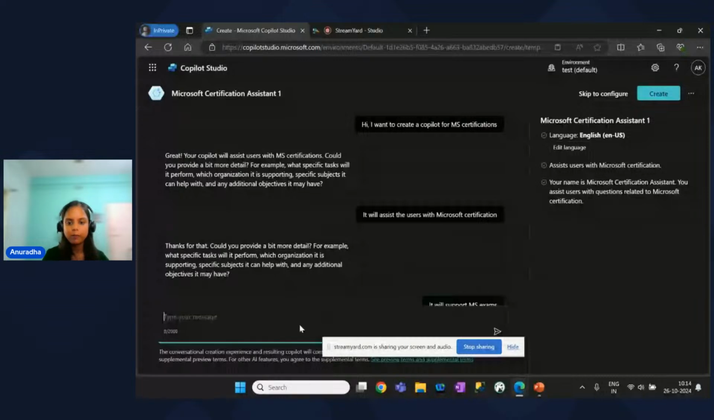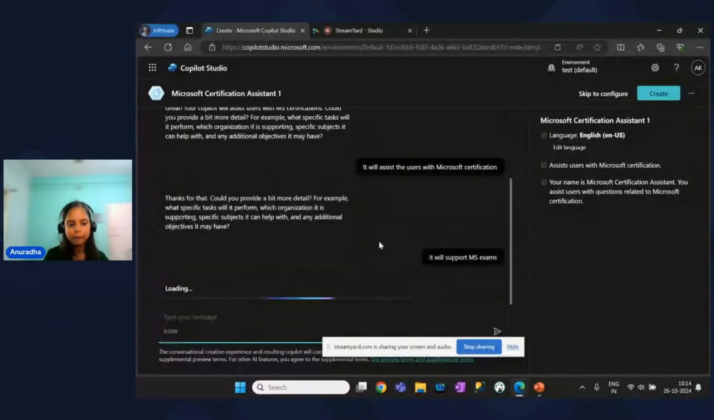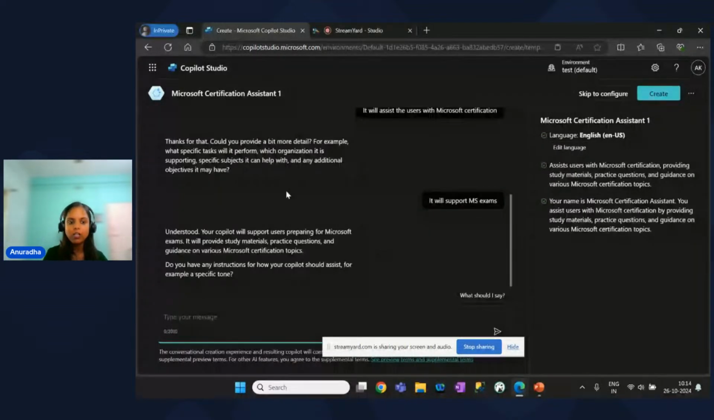So it will support MS exams. Okay, so now Copilot understood. Your Copilot will support users preparing for Microsoft exams. It will provide study materials, practice questions, and guidance on various Microsoft certification topics. So now it got what it has to do, but now it is also asking how you want Copilot to